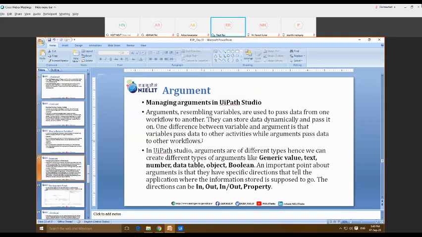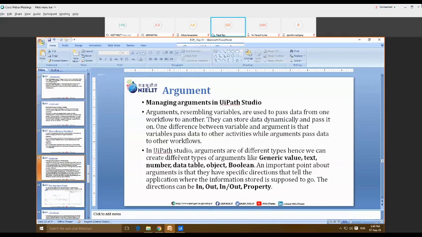Once I cover the sequence in detail, I can discuss the argument example, because there we have to create two different workflow files and see how we can pass the information stored in one workflow file to another. So we'll discuss this argument example in tomorrow's session.